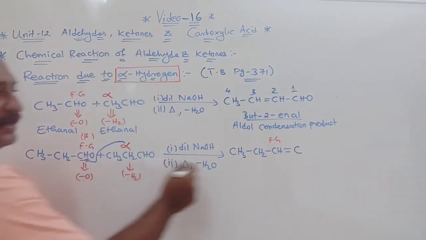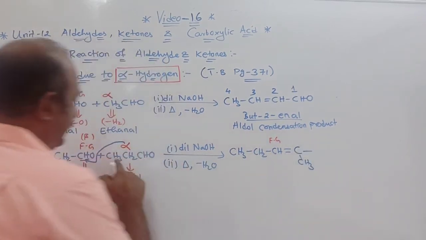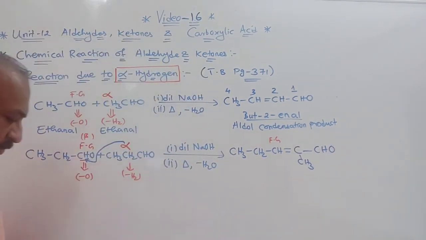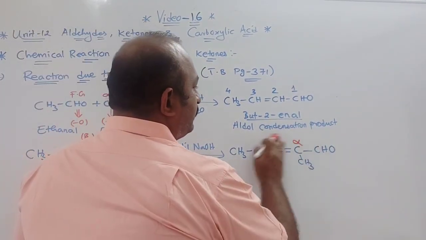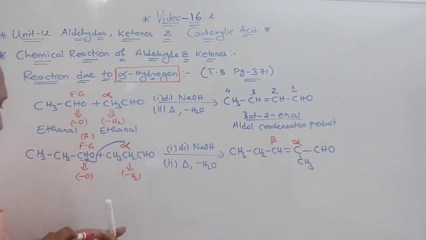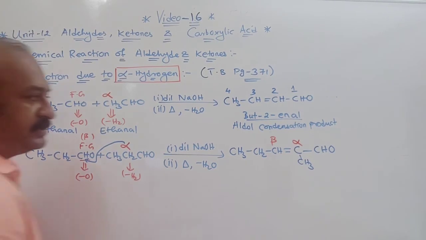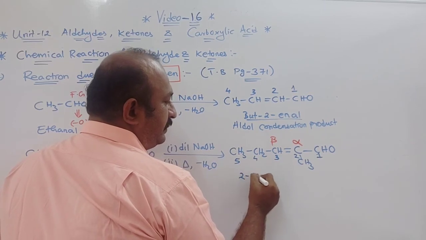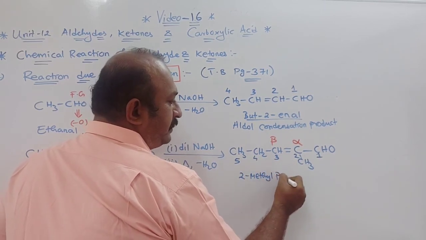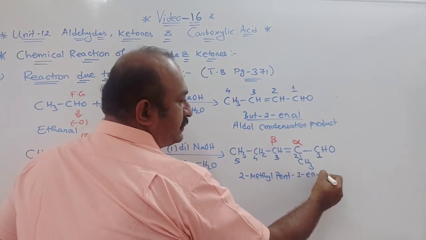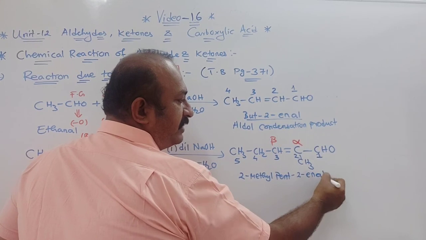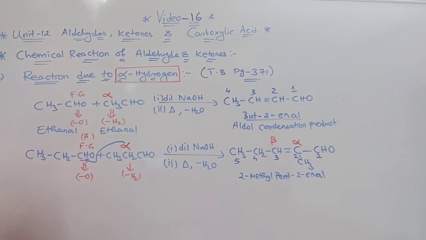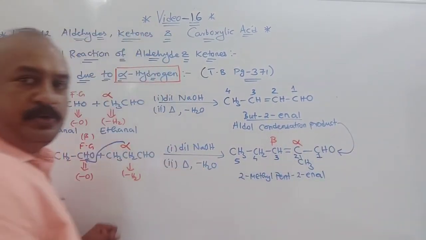Then this CH3 I will write below this like this. And then what is remaining? Next to this carbon is CHO. Directly you write down CHO. So this one was your alpha carbon and this one is your beta. And you can see between alpha and beta, formation of a double bond is there. If you want to name this compound, 1, 2, 3, 4, 5. So 2-methylpent-2-en-1-al, or if 1 is there, no, directly you can write the name as al. Okay, so this is also one simple way to write directly the aldol condensation product.